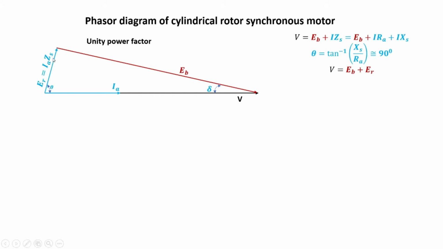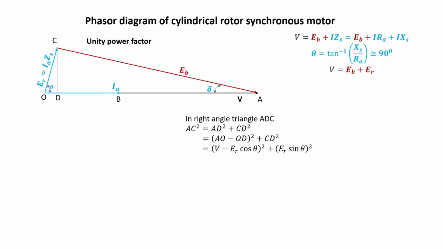Now let's draw a perpendicular to the voltage phasor from this point. Let the points be marked as O, A, B, C and D. Now let's consider the right angle triangle ADC. In this right angle triangle, hypotenuse is AC, which is equal to EB. So AC square is equal to AD square plus CD square. AD is equal to AO minus OD. OA is equal to V